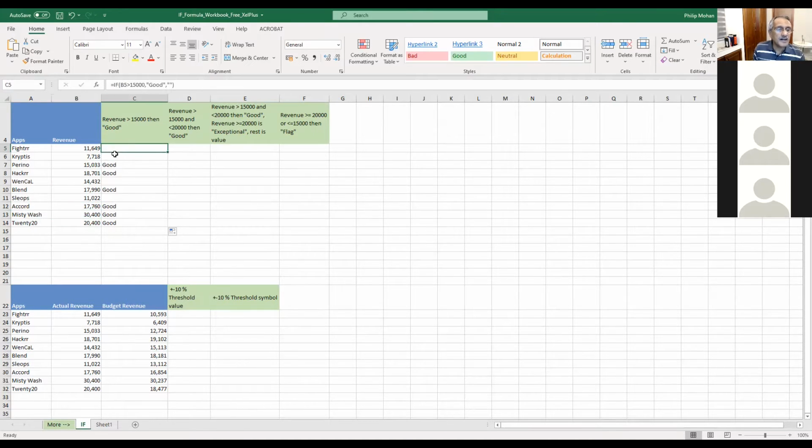Now what if we wanted to say bad for those below 15? Instead of the null, we just say bad. That's all. Are you following? So if it's 15,000, you do this. If it's not 15,000, you do this, which is insert this value in the column. Now I've made it only for one column. Now you see all the columns are filled up. Everything that's below 15,000 is bad, and everything that's above 15,000 is good. Now we want to go to a slightly more complicated one.